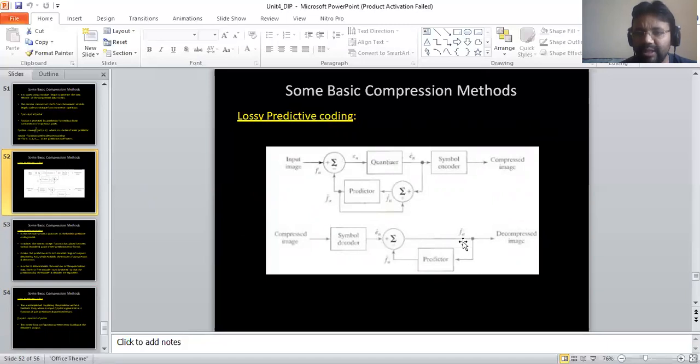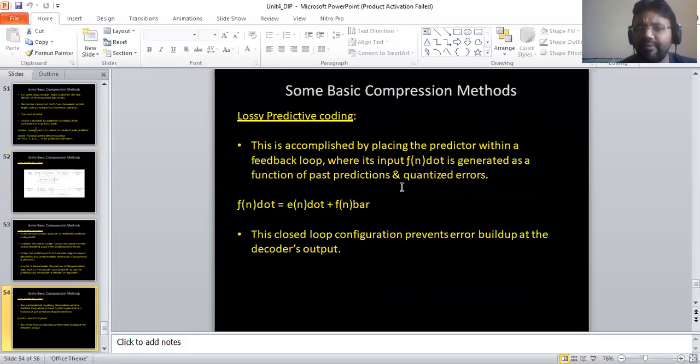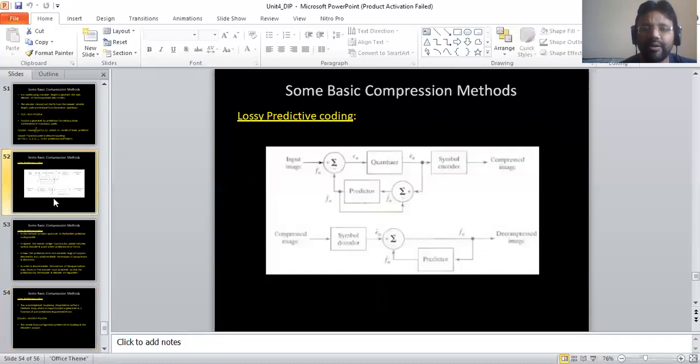Here we have the same sort of approach when we go from the input image to the compressed image, putting the variable-length encoding techniques in, and decompressing again. So the predictor is put in the feedback loop, and this becomes f n dot equals e n dot plus f n bar.